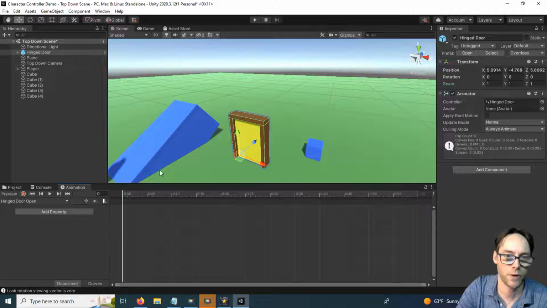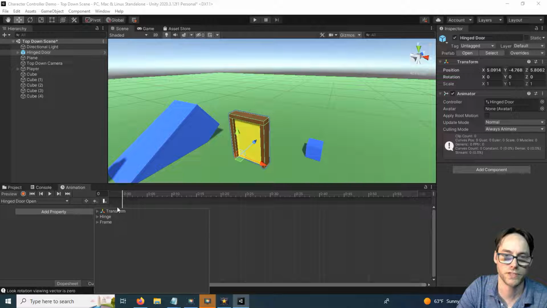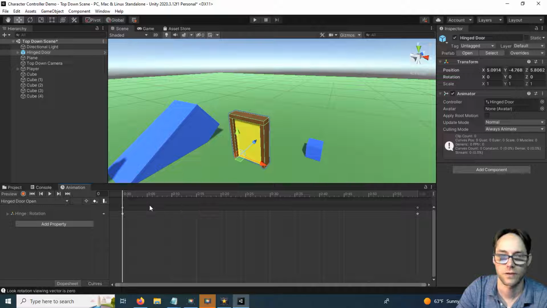So now we have to add a property. I'll hit add property, and you can see we have a few options. The transform is the actual transform of our main object. You also have a hinge. If you hit the drop down of that, there is a transform inside of there. And you also have some stuff for the frame if you want. I'm going to go ahead and grab the transform of the hinge. I'll open that, and I'll get the rotation. I'll hit plus. Cool. And now all I have to do is to figure out how long I want it